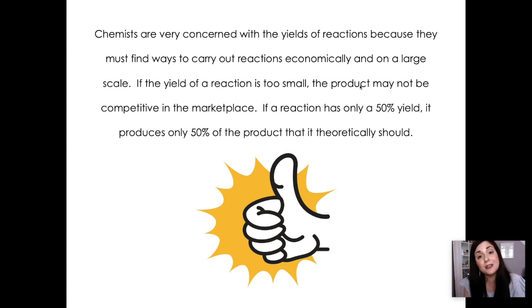Chemists want to increase their yield. So they do that by altering the reaction in numerous different ways, which I'm not going to get into here. So of course, if a reaction only has a 50% yield, it produces only 50% of the product it should. If you have a 5% yield, you're losing 95% of that product along the way. You want to always increase your yield. You want a 100% yield. I hope that helped. This, like I said, is not a very complex topic. It's very easy. Percent yield is just determining what percentage of the final product did you produce compared to your